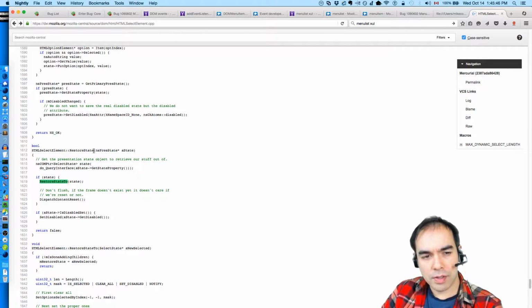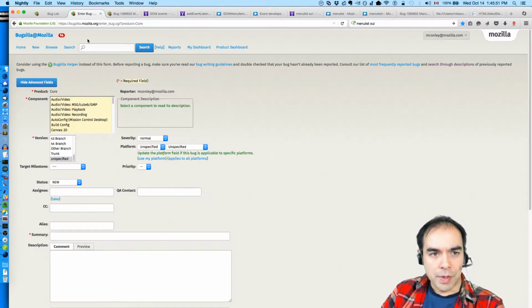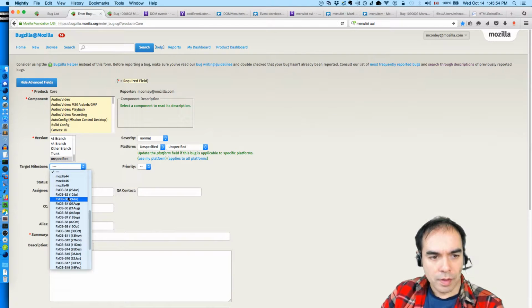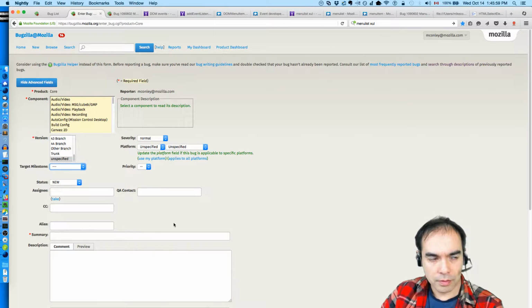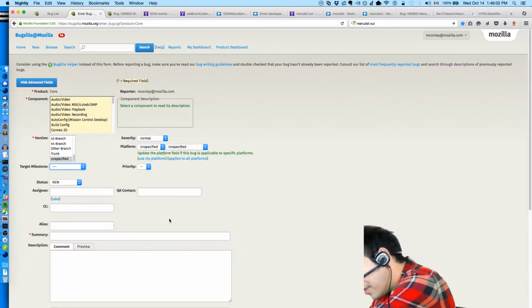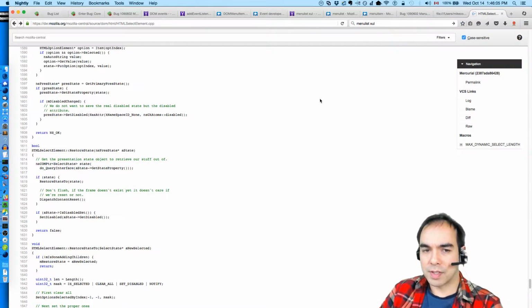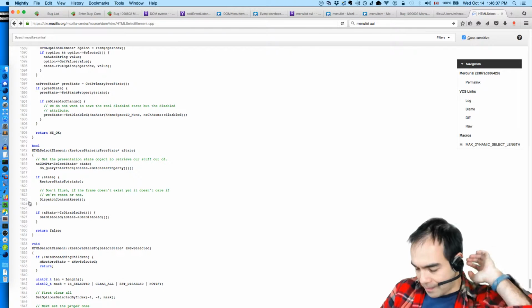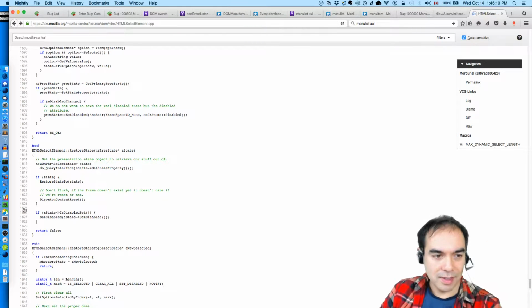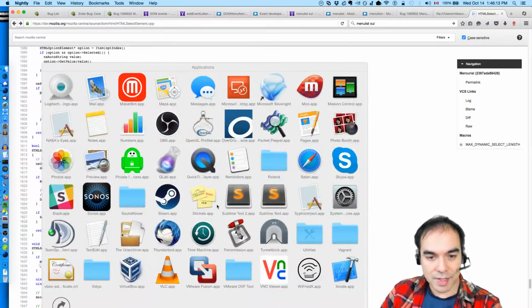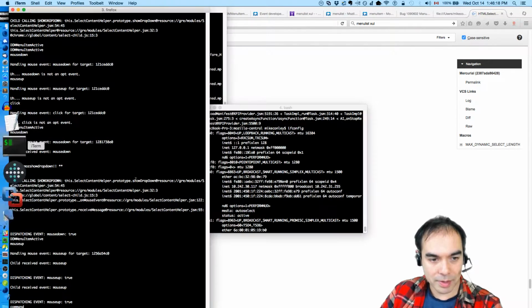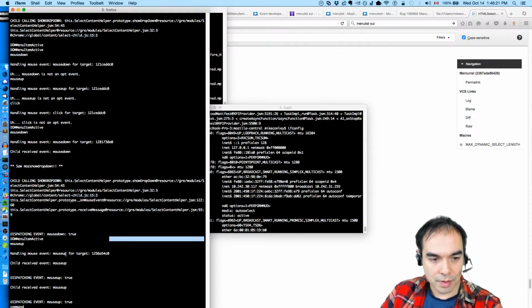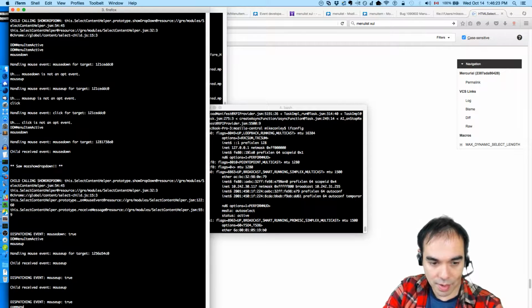So I wonder if restore state 2 is being called in the case where you do something like float over all these things and then move off. I think I need to better understand how the select element works in the content process. I think that is clearly necessary. The good news is I have Xcode and I have a debug build. So I should be able to figure this out, I think.